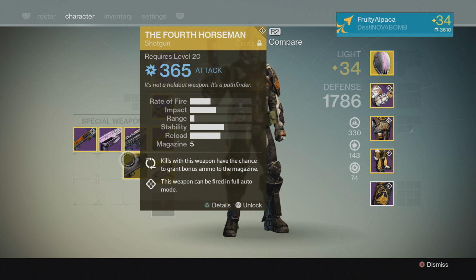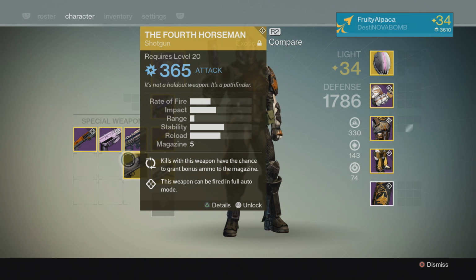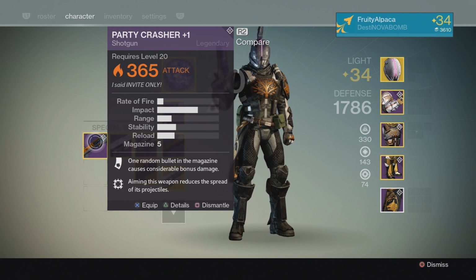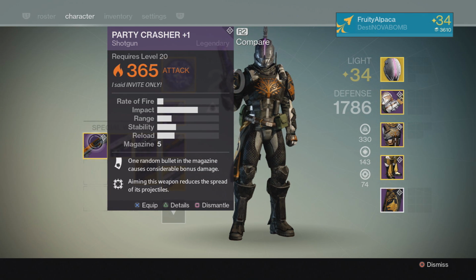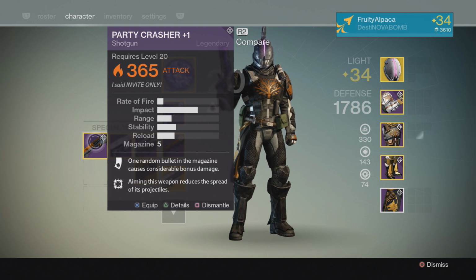One of the tree perks is final round, which means the last bullet does bonus damage. So if you have one left in the magazine, you just keep killing these weak enemies. You can just keep going, constant final rounds, and it's insane. Now you're probably also wondering, why don't I just use this one because it's got high impact? High impact shotguns are good for PvP because it's like that one shot that you want. But in PvE, yes, having a single bullet do a lot of damage is good. But overall, the